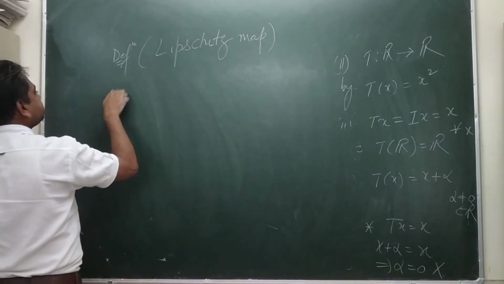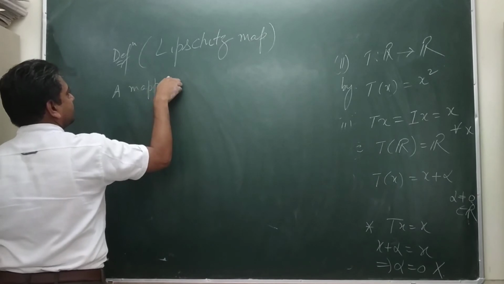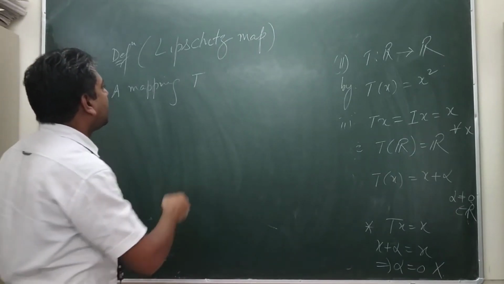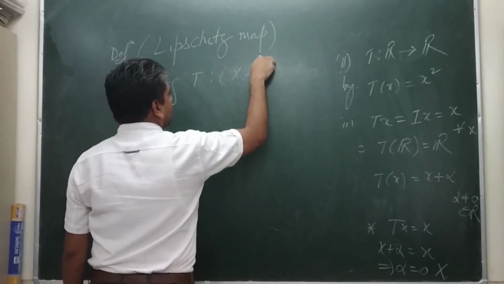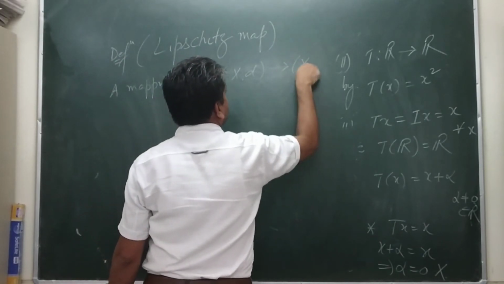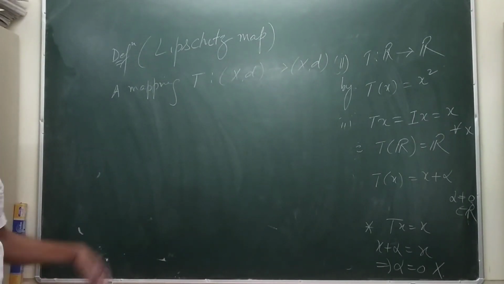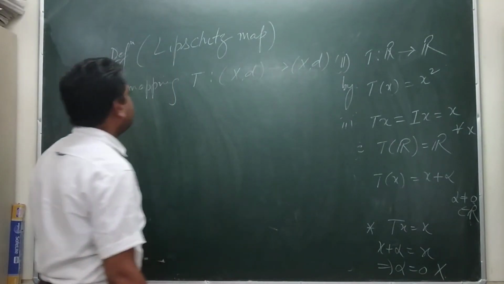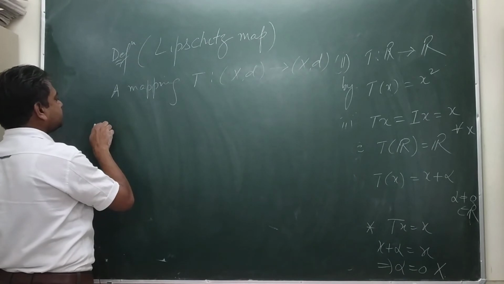A mapping T from a metric space X to X is said to be Lipschitz